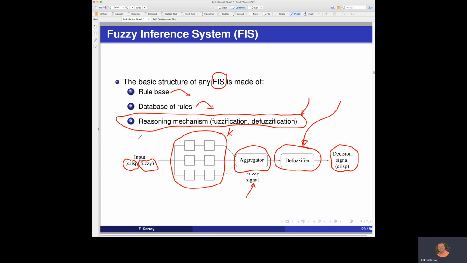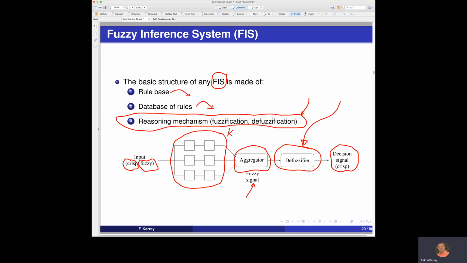So we spoke about aggregator last time. We spoke about fuzzification of signals. We are talking about defuzzifier this time, where we are going to see how to create, out of an aggregator type of signal, some meaningful type of signal that is going to become the input to an actuator or the input to a certain type of device, because devices do not work with fuzzy type of current or fuzzy